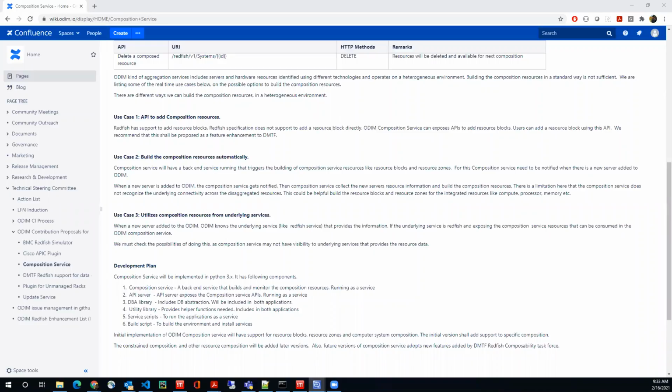Yeah. Okay, so it's not an official API, but it's more like this is how ODIM is handling it when there is a new manager introduced on the aggregation service. Yeah, no, but this API is already part of DMTF, right? Resource blocks are there already. Yeah. No. Alex mentioned a discovery API. I was just trying to figure out what it was, but I understand. Okay. Yeah.